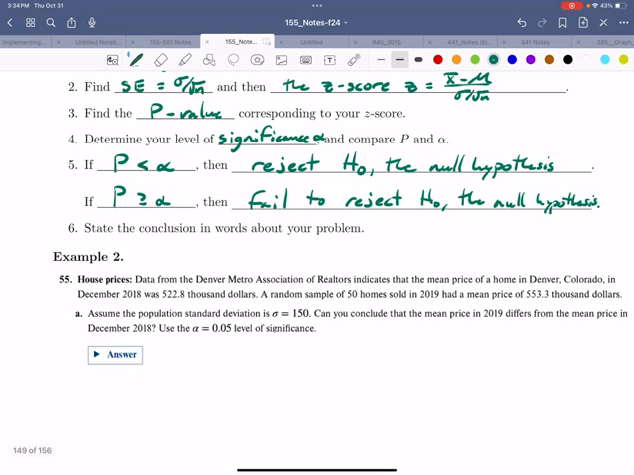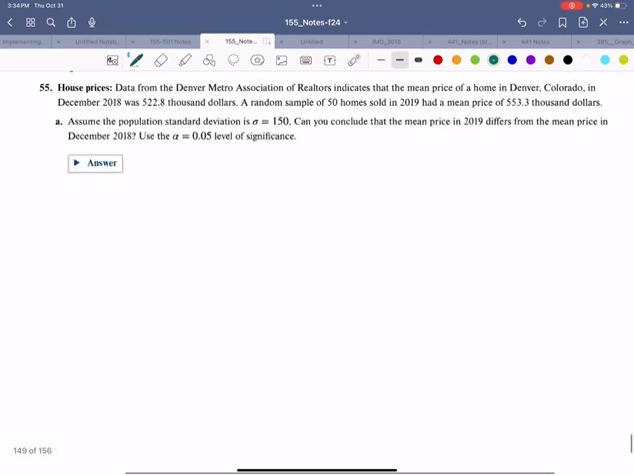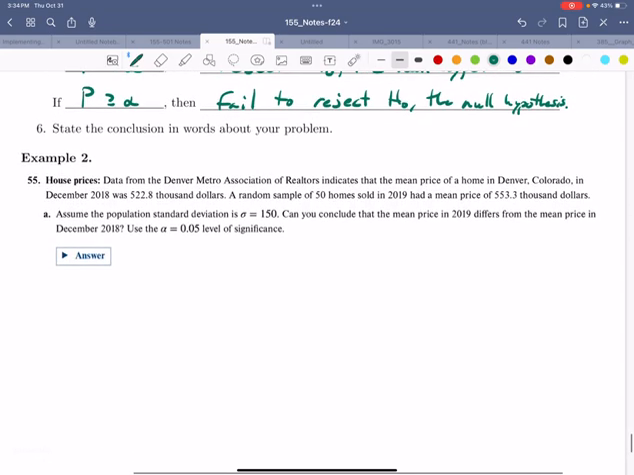And then state the conclusion, right? The way I was like, oh, it looks like the battery life is less, right? So let's take a look at one example, okay? Looks like the mean price of a home in Denver in 2018 was that much, okay? We randomly sampled 50 homes in 2019 and found a higher mean price, right? Now let's take a look. Assume that the population standard deviation is sigma equals 150. Suppose that we know that somehow. Can you conclude that this